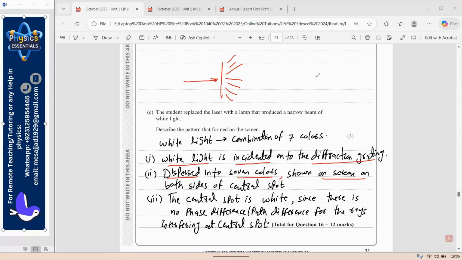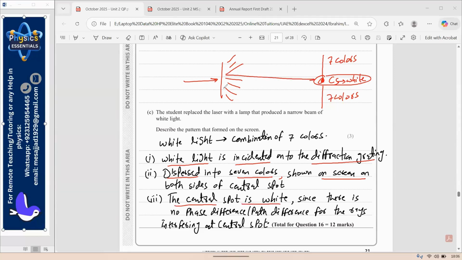Okay, and this is the central spot, and on both sides you will see the spectrum of 7 colors. Okay, now the question is where you will see the red color and where you will see the violet color, because red and violet are always on the borders of the spectrum. So the center spot will always be light first of all, and what about the other colors and how you will see them? So first of all, you need to know that the central spot is always white,